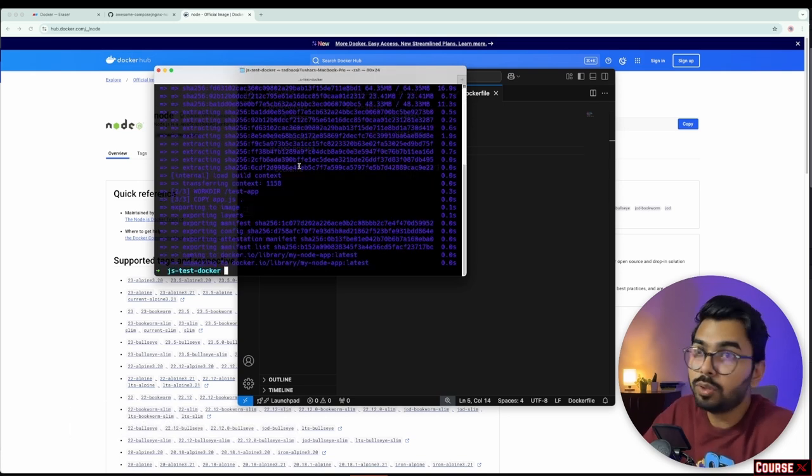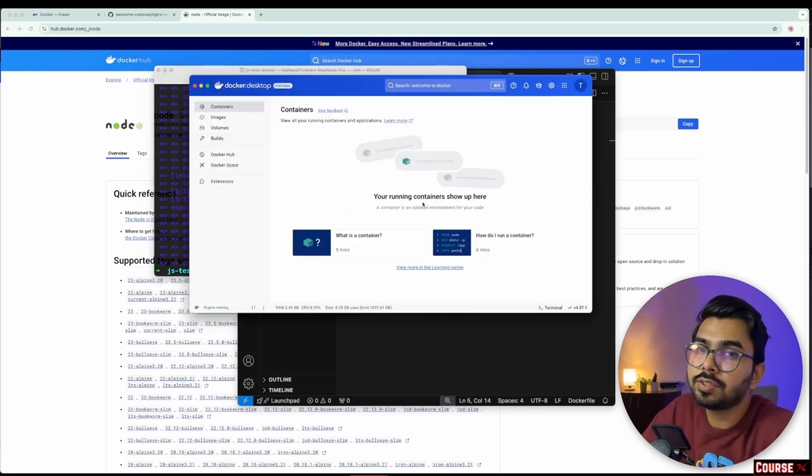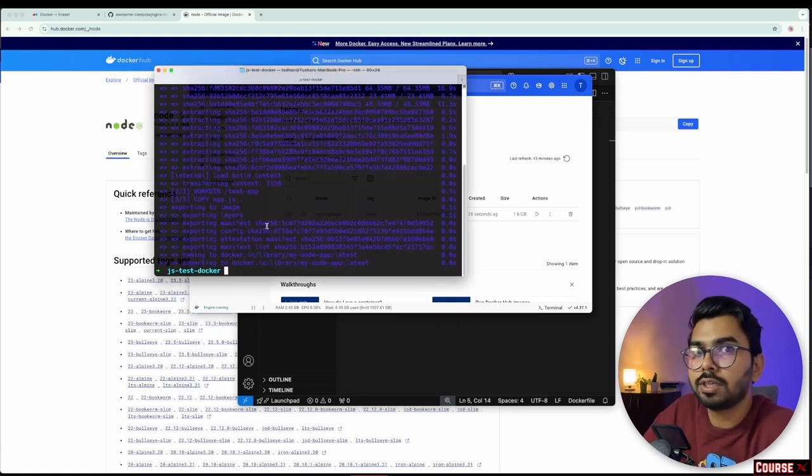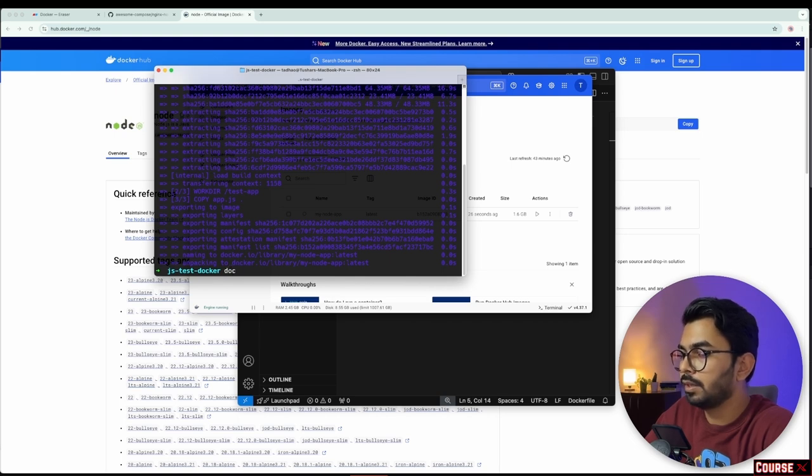So yeah, now that we have it ready, we can look at how the image will look in Docker Desktop. So let's open up Docker Desktop. Here in the Containers section, since we don't have any container, we can't see any container, but in the Images section we should have this my node app image ready. Since we have it ready, we can also see it from the terminal, as we can search it with docker images,